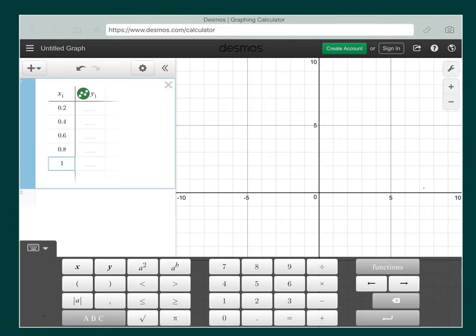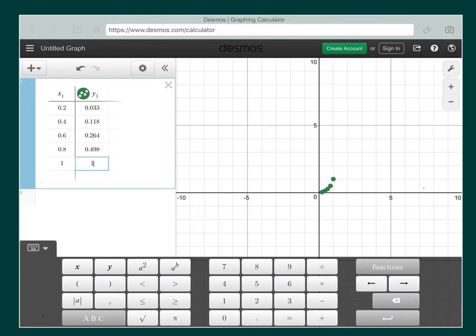In the other column is where we're going to put those cumulative percentages. They were 0.033, enter, 0.118, enter, 0.264, enter, 0.498, enter, and 1.